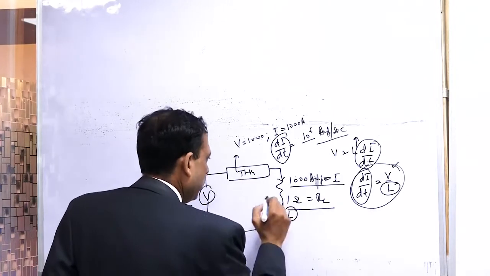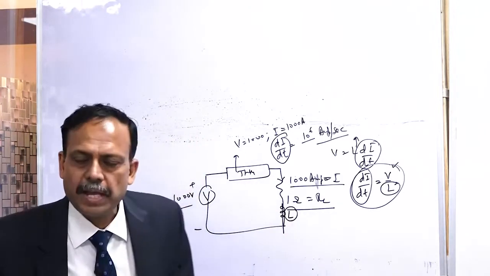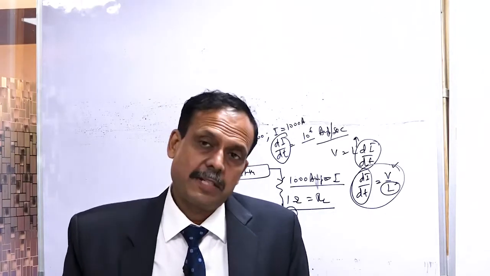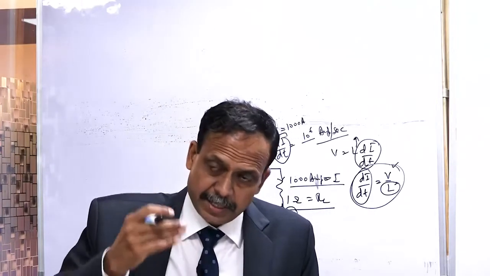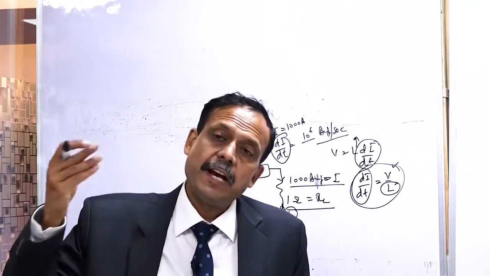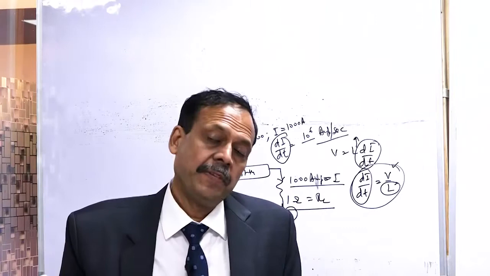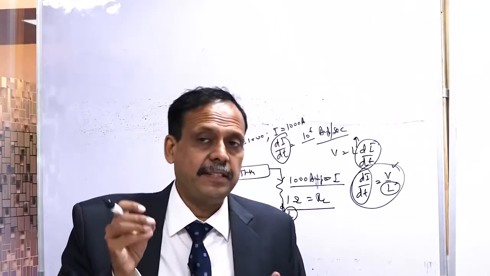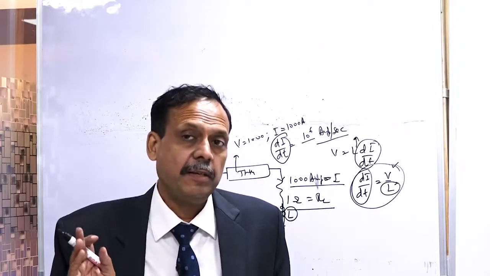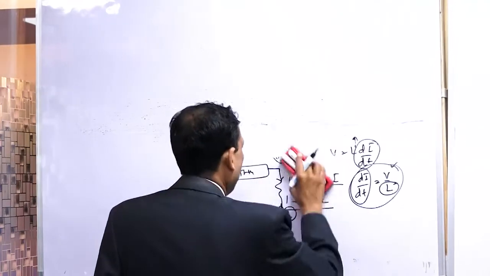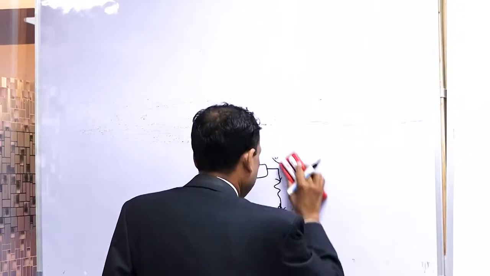I think now you have understood that when we are using a thyristor, we have to be very careful. The starting current di by dt is important, and finally the steady state current is important. For the steady state, the resistance value should be there, and for the dynamic starting current, the inductance should also be there.